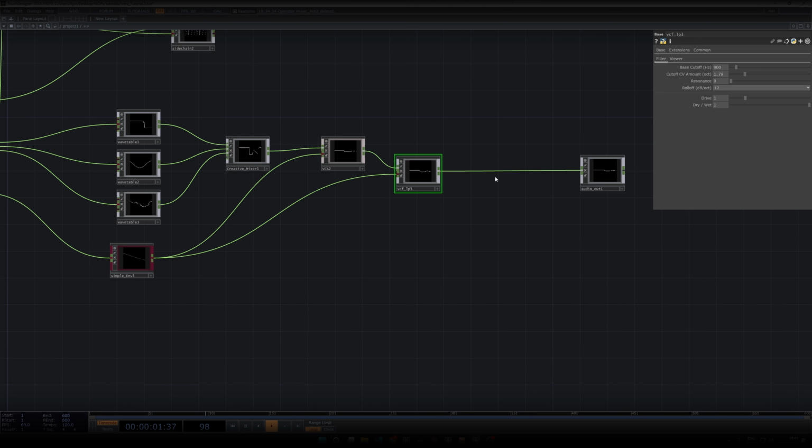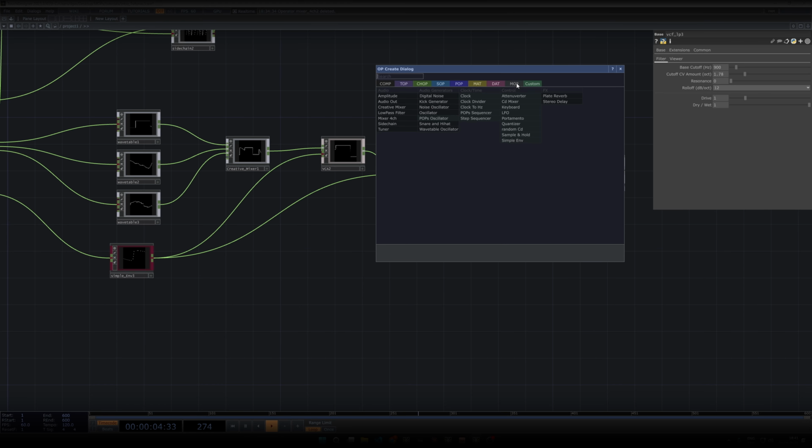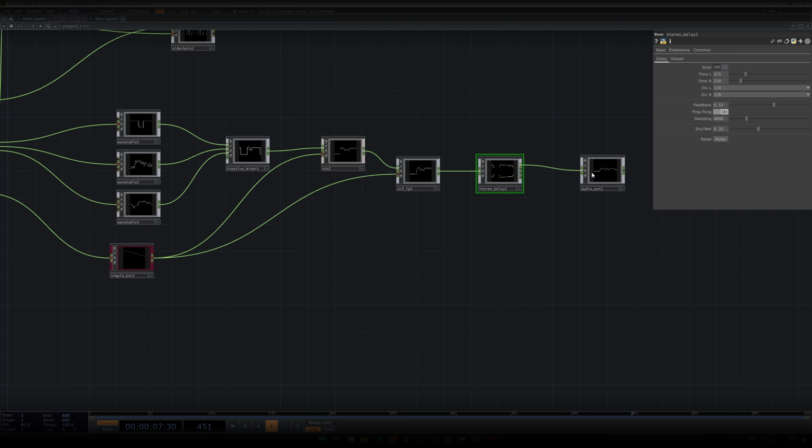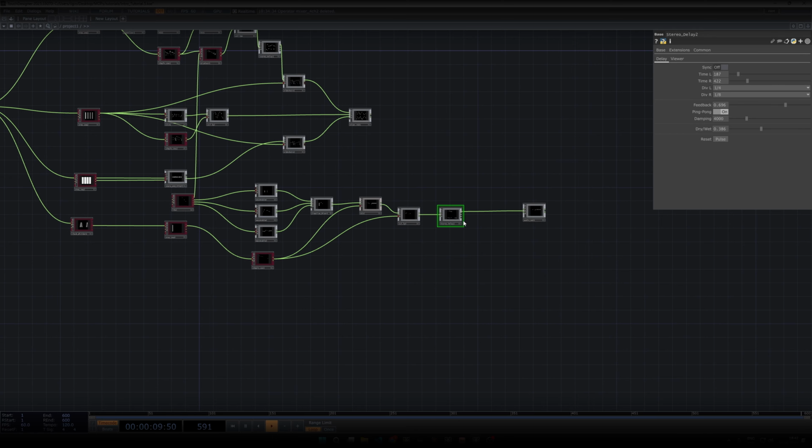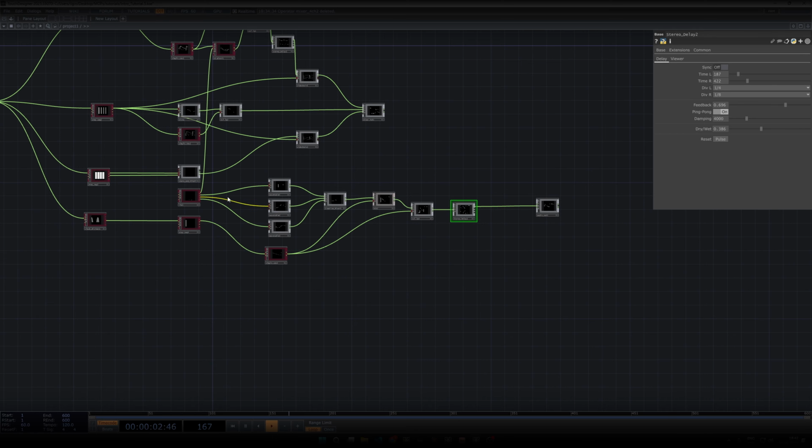And then lastly, in order to create the space, I want to put a delay. This time I don't want to sync it. I want to use it to create a space, so I can have a short left and maybe a longer right, so that the difference in between, maybe a little bit more feedback, and then a little bit more drive. Okay, so we have our pads,